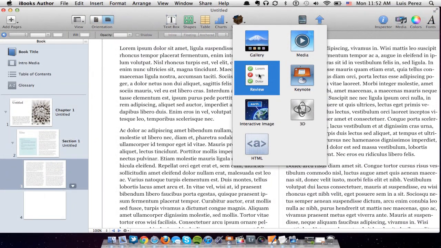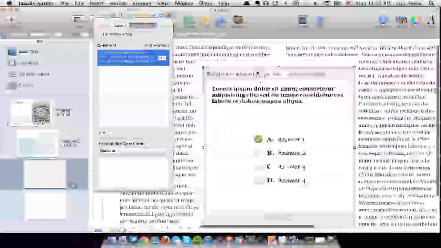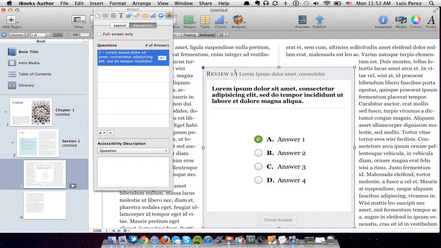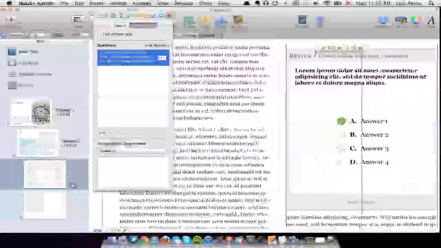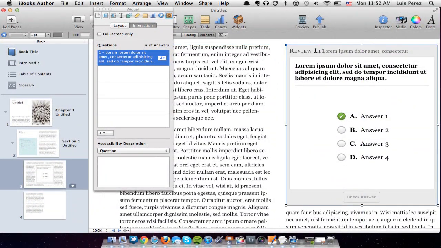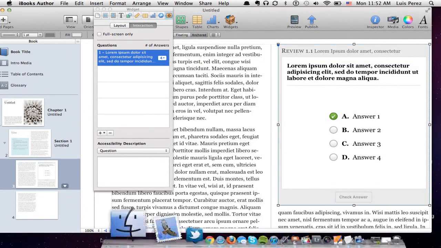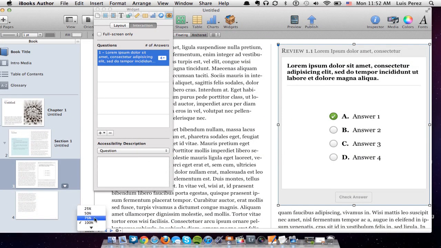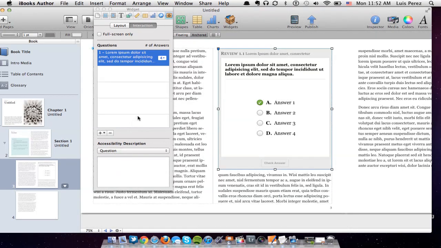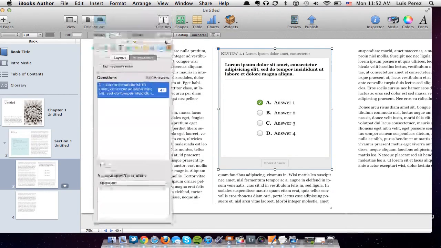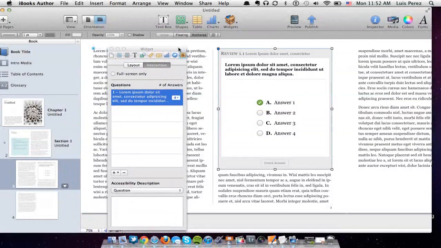To add the widget, I'm going to choose widget from the toolbar and then review. Then you can move the widget so it's in the desired position on your ebook. When I'm working in iBooks Author, I generally like to work at around 50 or 75%. That just gives me a better view of what's going to be displayed in the ebook. So once I have the widget added to one of the pages, I'll go into the inspector,